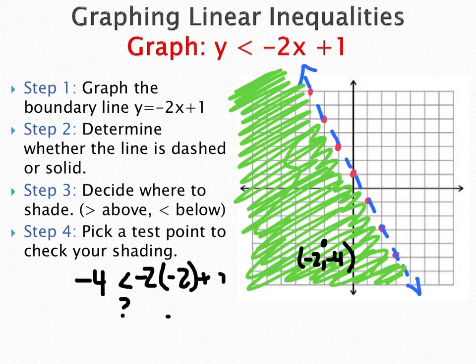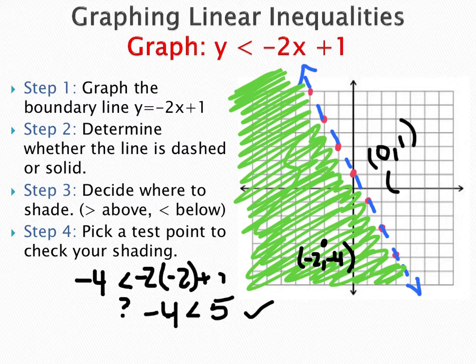Is -4 less than +5? Yes, it is. So this is a true statement, so we know that we shaded the correct region of the graph. Now, even though all of the points on the boundary line are not part of the solution, because we're graphing, we still need to label at least 3 points